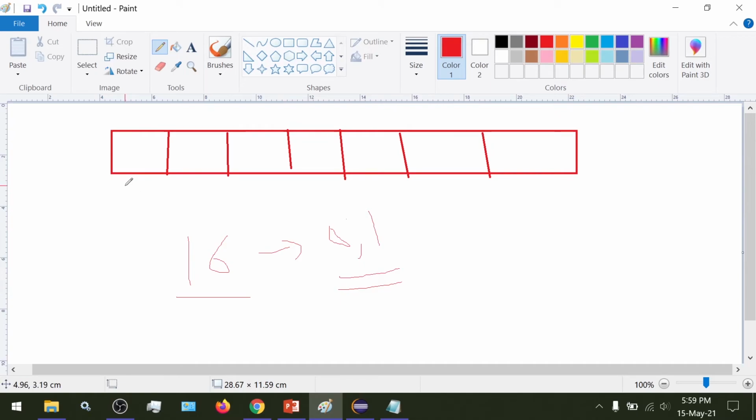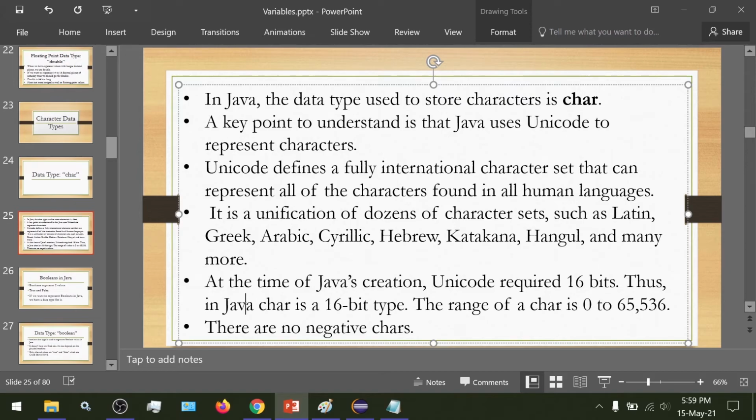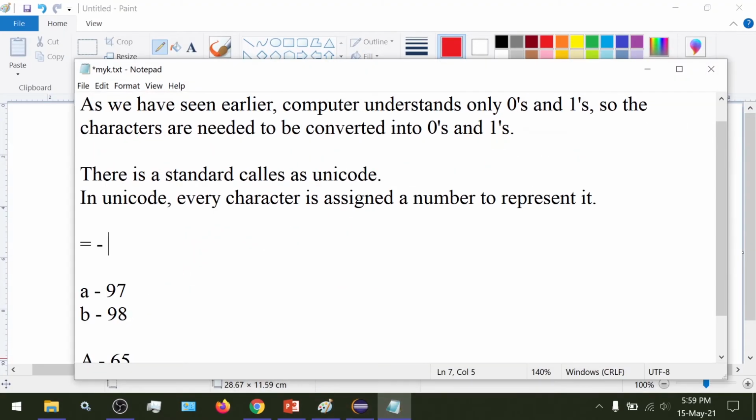A char data type takes 16 bits of memory, so it takes 16 bits to represent one character. The character A would consume 16 bits of memory, or 2 bytes, inside the computer's memory. I'll repeat: the character A will consume 16 bits of memory.